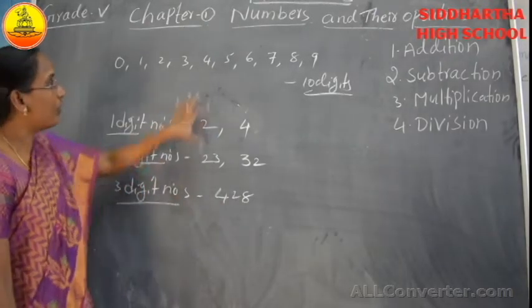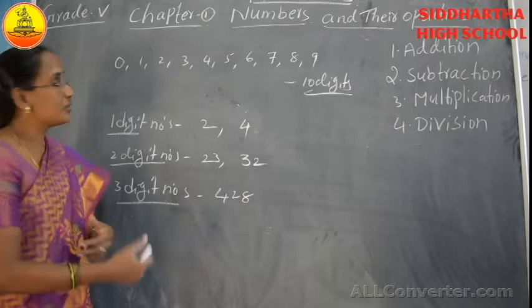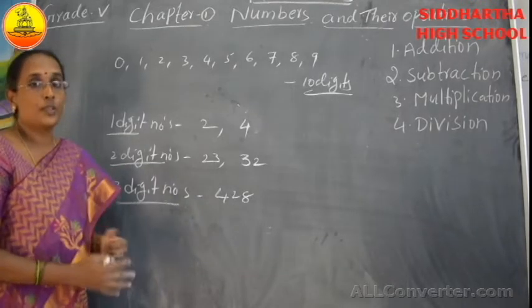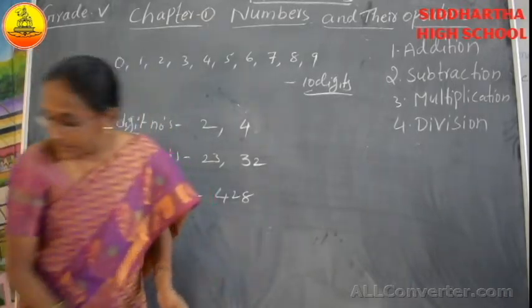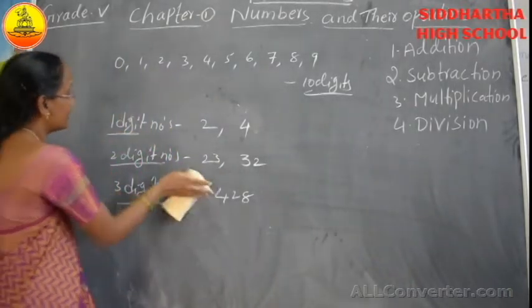Okay children. In this way the numbers are formed. Maybe you select 4 digits and write as a group, then it will be called a 4 digit number, a 5 digit number, and so on. Okay. Next one, numbers are,